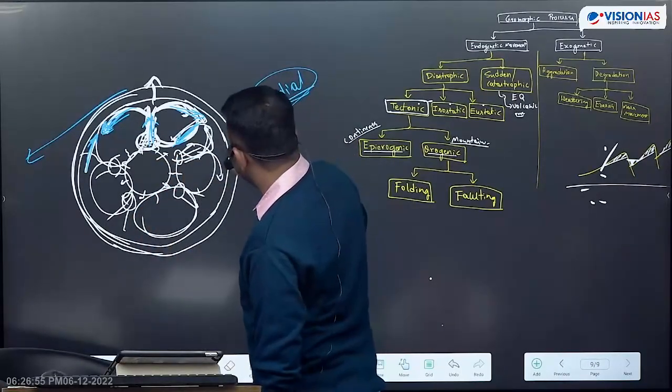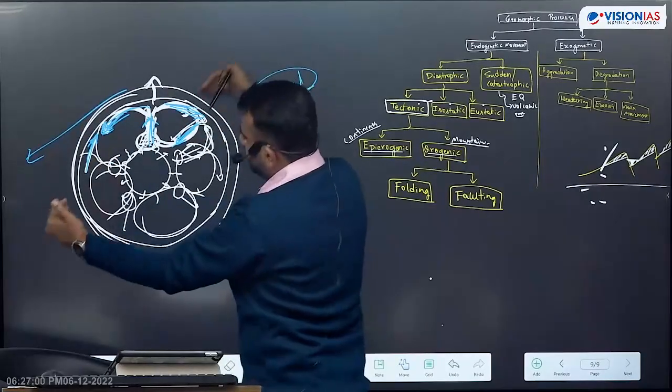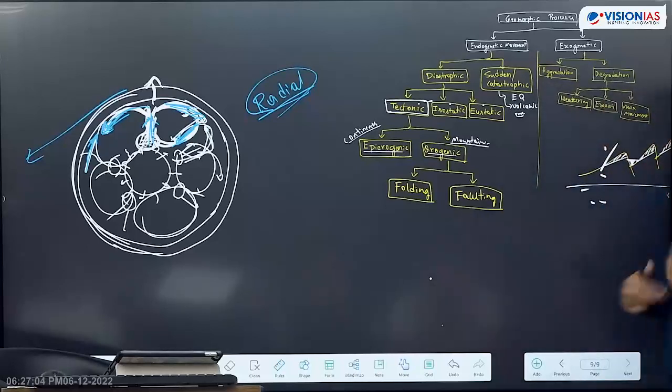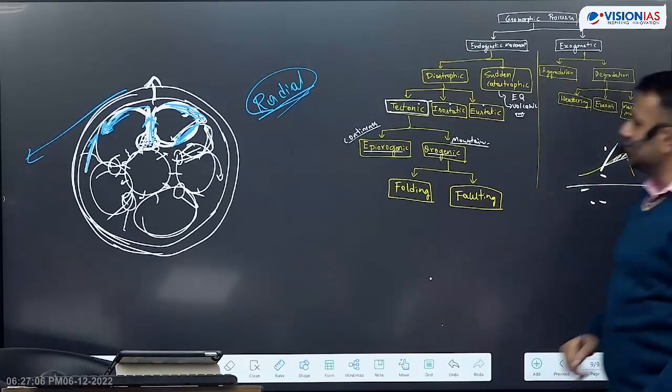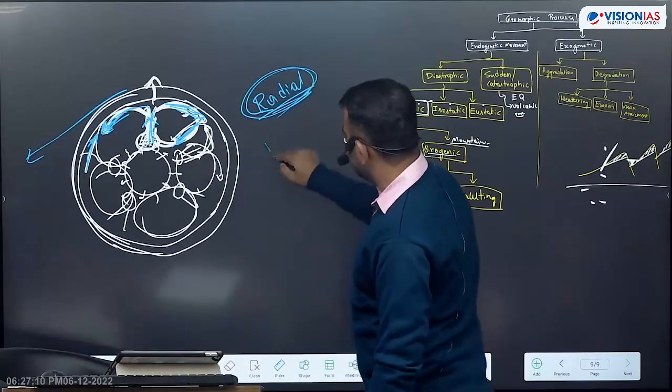Sometimes these forces move away from each other. ये देखो, यहाँ से तो they are moving away from each other. Here they are moving towards each other. The continuous movement of magma generates two types of forces. One is radial force, either in upward or downward direction. Second one is